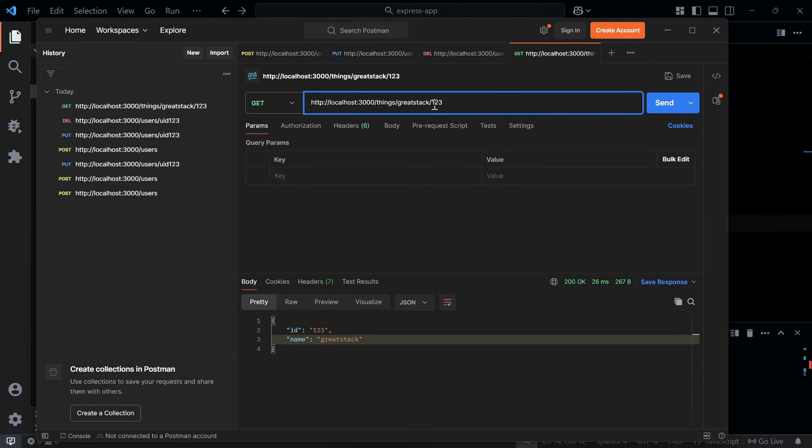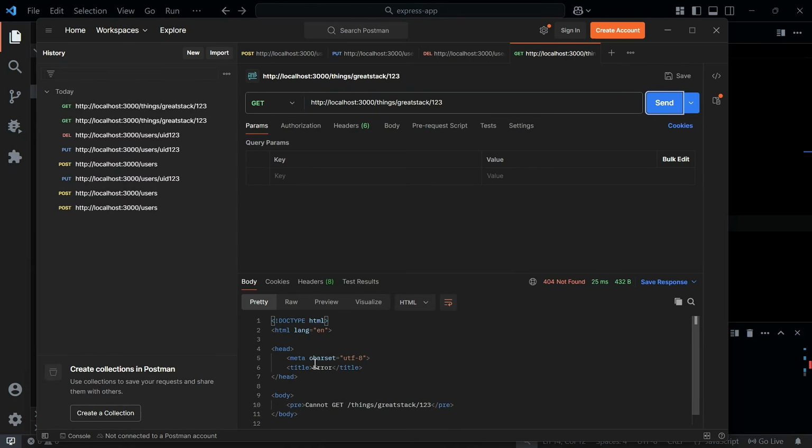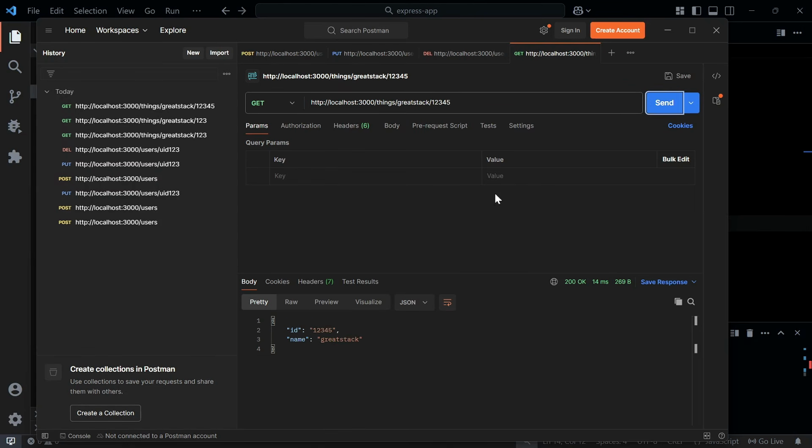and here we have provided 1, 2, 3 and click on send button. So here we are getting an error, and here we have the status code 404. It means this route is not working, right? So if I correct it, if I make the id 1, 2, 3, 4, 5 and click on send button, so now you can see we are getting the response with the ID and name property. So this request is perfectly executed, and here we are getting the response